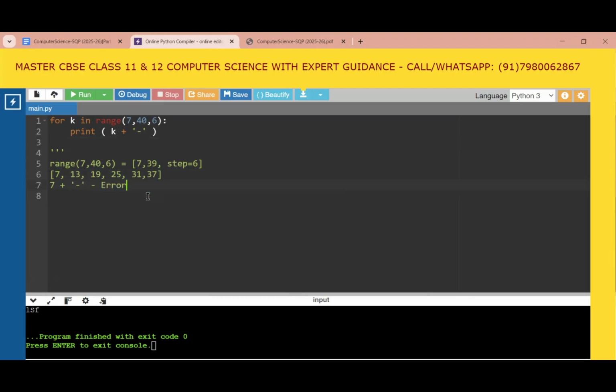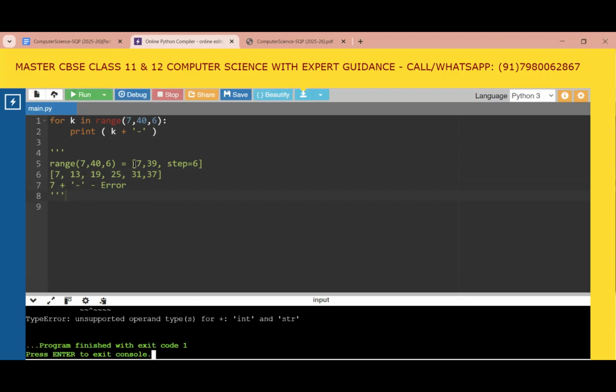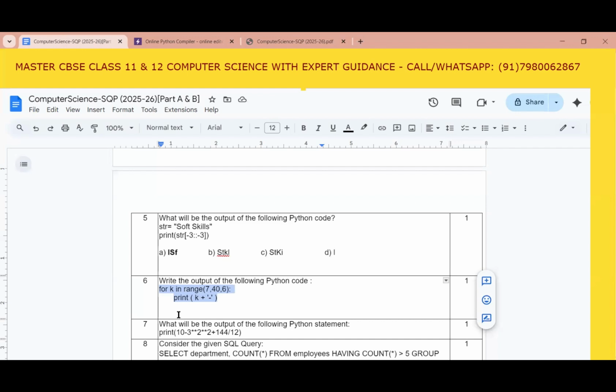Because we cannot specifically type error, because if we try to do it the very first time, it will give the error. So let's run it and see. Yeah. So this is a bit tricky, but you need to be very careful. Any such operation where two values of different data types are combined is not possible. So the answer will be error,